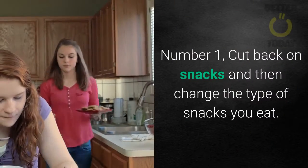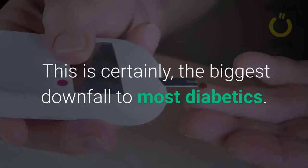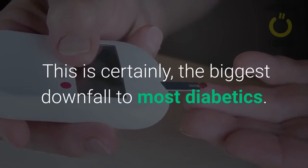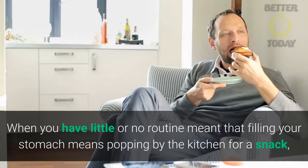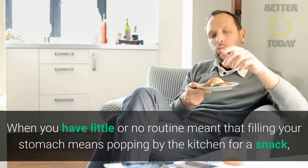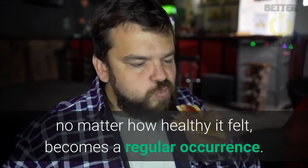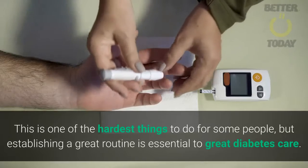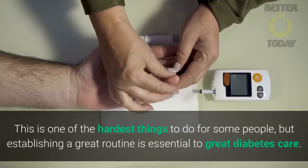Number 1. Cut back on snacks and then change the type of snacks you eat. This is certainly the biggest downfall to most diabetics. When you have little or no routine, filling your stomach means popping by the kitchen for a snack, no matter how healthy it felt, and this becomes a regular occurrence. This is one of the hardest things to do for some people, but establishing a great routine is essential to